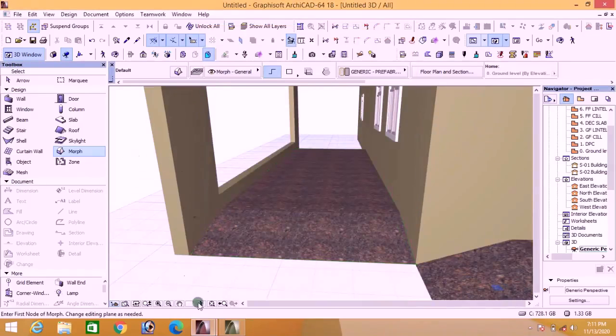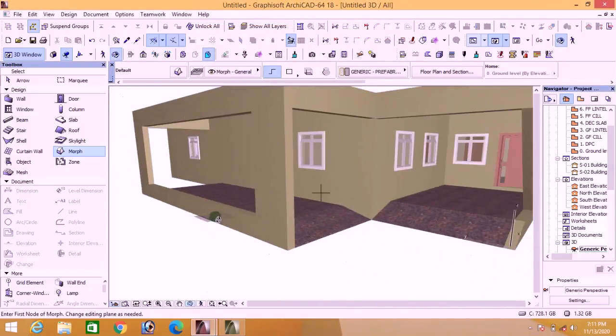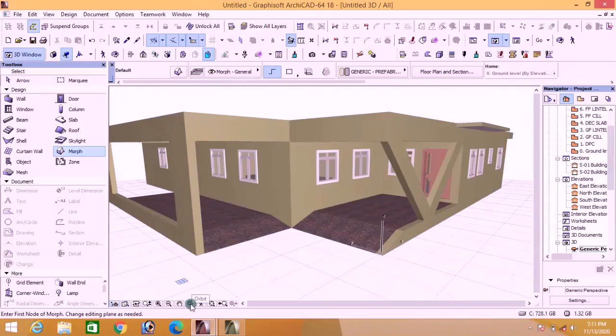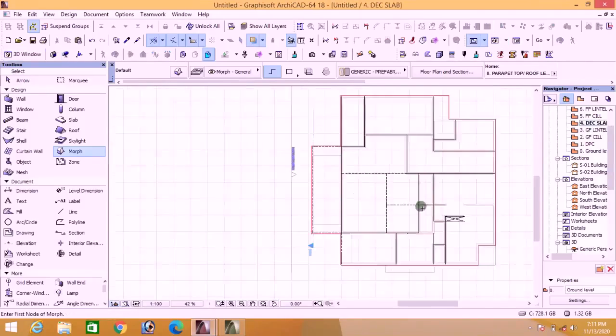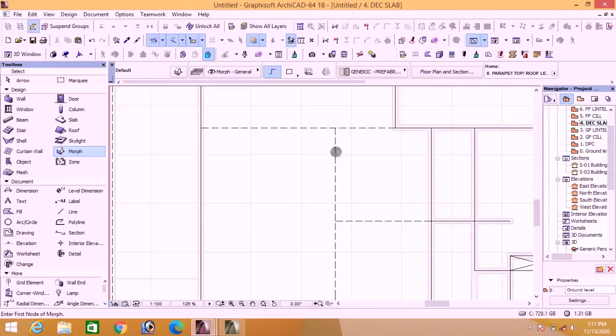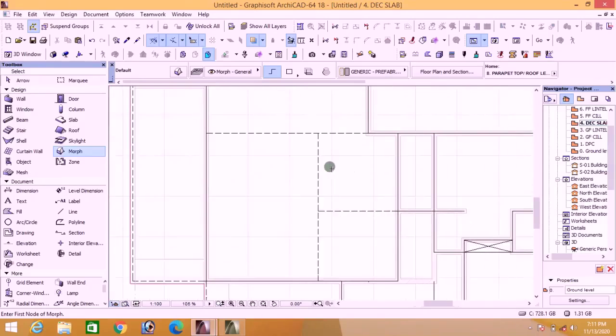Now you have that place properly set. Now we have to go to our deck slab. In this deck slab, we have a void within this space. We're going to have a void within this space as we want in our design, so we are going to cut open